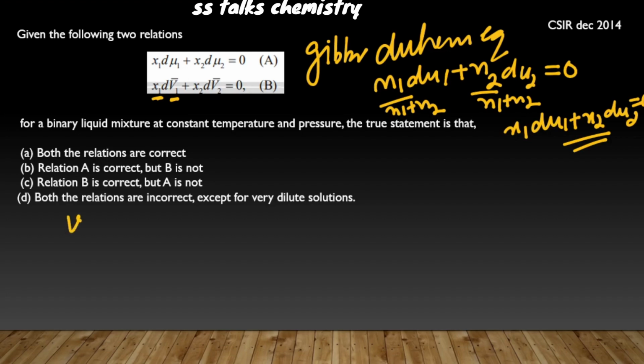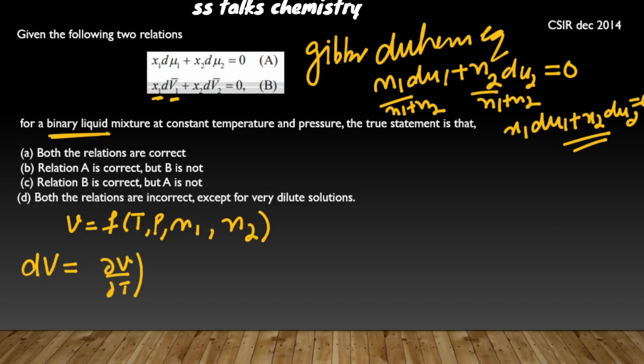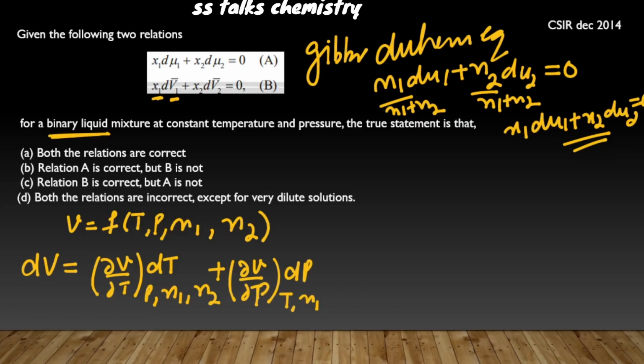The volume is a function of the temperature, pressure, and for a binary liquid the number of moles, so you can consider n1 and n2. So the exact differential dV, because it is your state function, will be equal to del V by del T into dT, at constant pressure and number of moles N1 and N2, plus del V by del P into dP, keeping the temperature and the number of moles N1 and N2 constant,